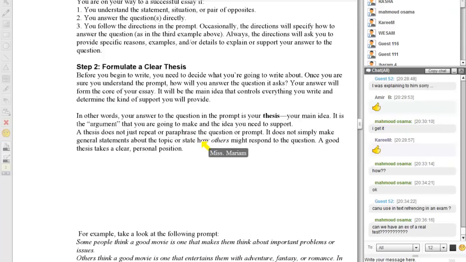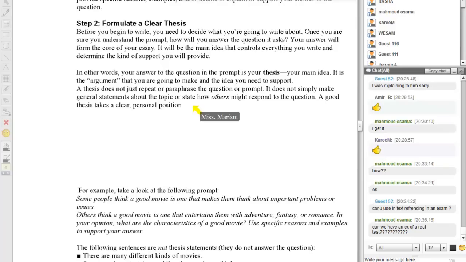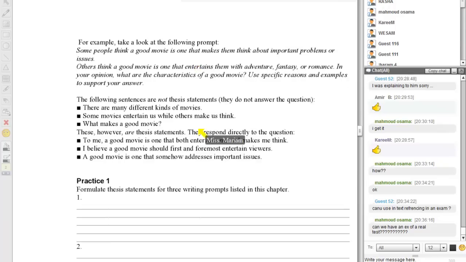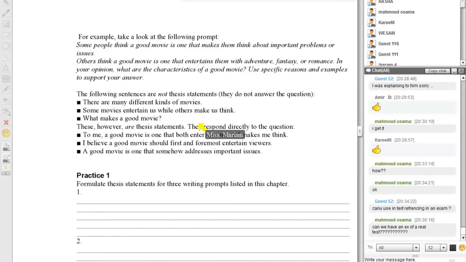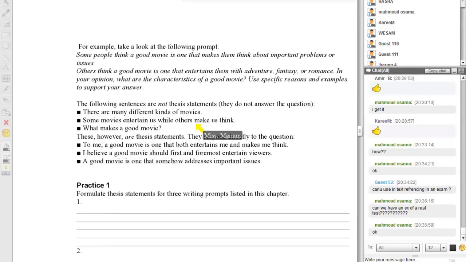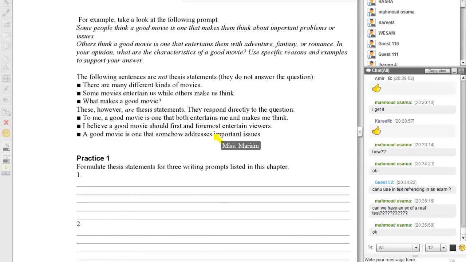Well, Mr. Mahmoud, there are a lot of sites that help, like practice tests. You may search, inshallah, and you are going to find a lot of sites that provide you with tests for the TOEFL exam. I will try to find you these sites later, and inshallah I will try to post links on the wall of the group.